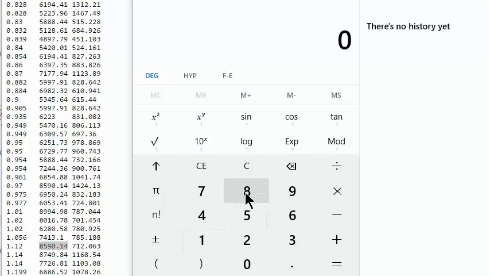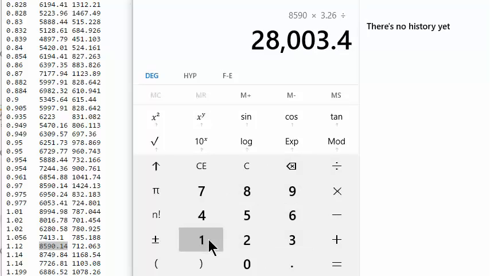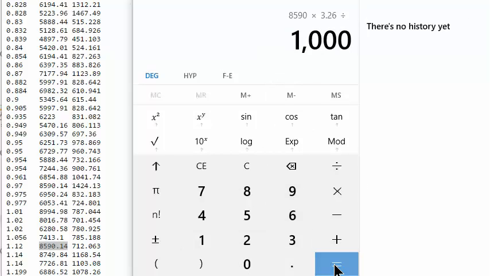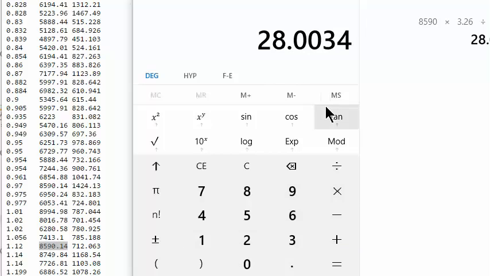To get that, you would take 8590 times 3.26 light years per parsec, and then divide by 1,000 because we're converting from millions to billions, and you get 28 billion light years.